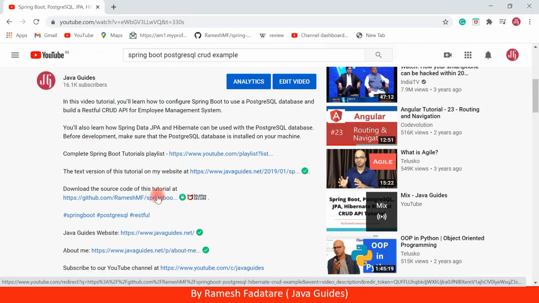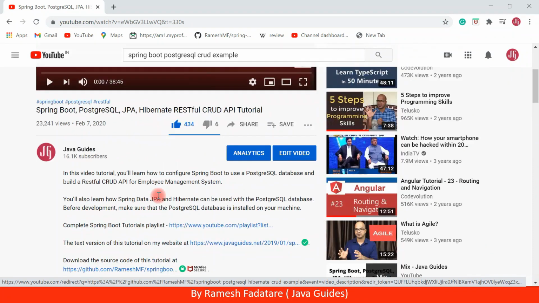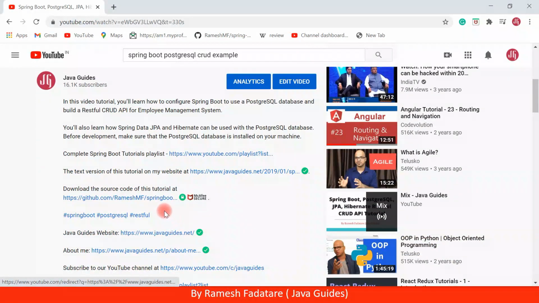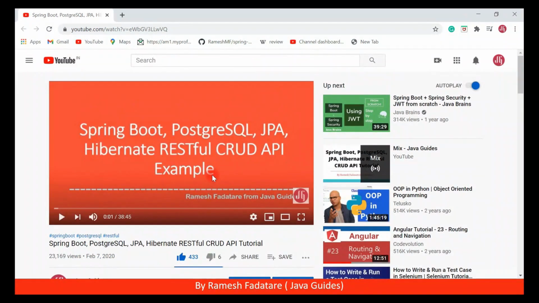Okay, so basically we need to update a single file, that is the application.properties file, because we'll be configuring a PostgreSQL database on cloud, that is on Heroku. So we need to get PostgreSQL credentials from over there. Right now we have local PostgreSQL credentials in our application.properties file, but we need to configure our cloud PostgreSQL database configurations in the application.properties file. That's why you need to clone the source code of this tutorial on your local machine, and you can update your application.properties file. Alright, let's take a look into the steps.